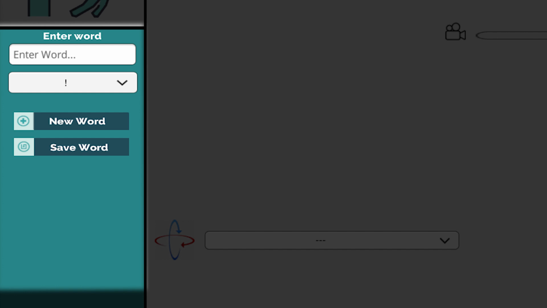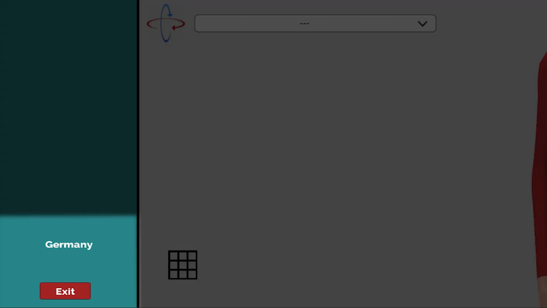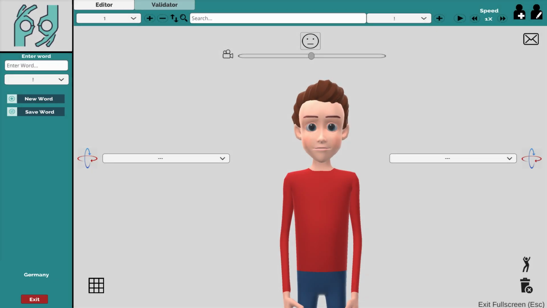Under those buttons, there is some empty space where more advanced features like defining the context of the signs will be implemented in the future, and at the bottom we have the current language we are working in. In our case, that is International Sign. And right after that is the button to log out of the Studio marked as Exit, but we don't want to do that right now. So, let us move to the main part of Studio with the avatar in the center.